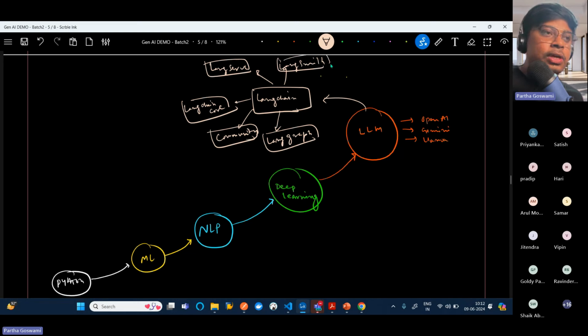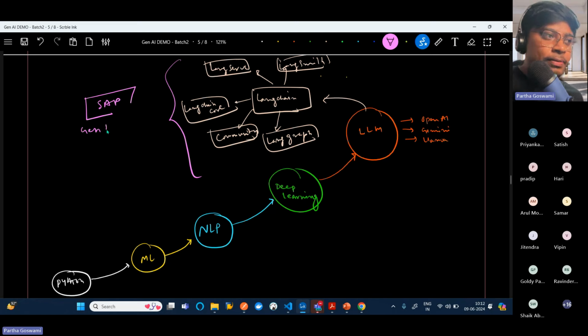So after learning all those things, now you can proceed further for SAP BTP, the generative AI hub, because at the end, if you are only doing the API call, then you are not learning generative AI, machine learning, and NLP, right? So you will not project yourself as a generative AI engineer. Rather, it will be normal API calls and building applications. You will be struggling a lot to build end-to-end applications. So generative AI hub, and then AI Core,